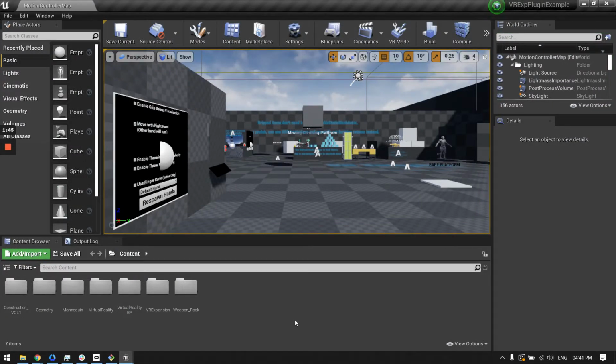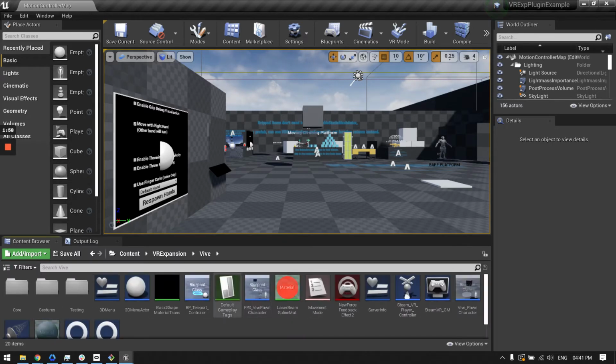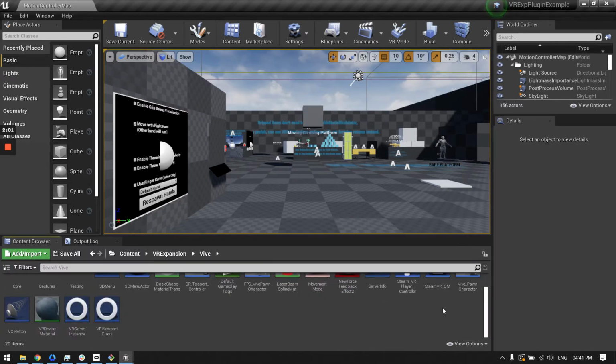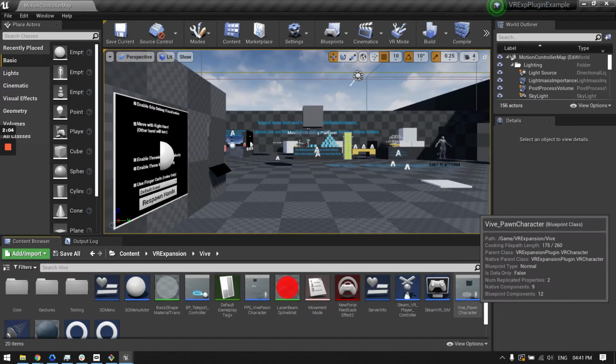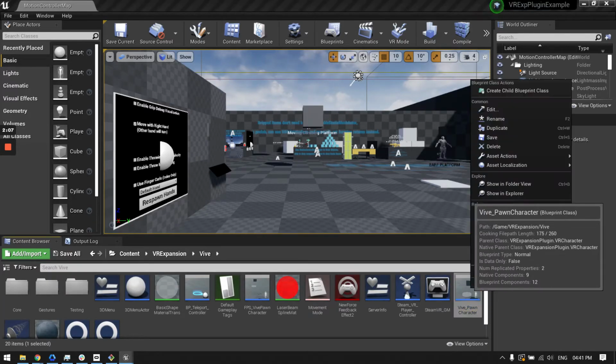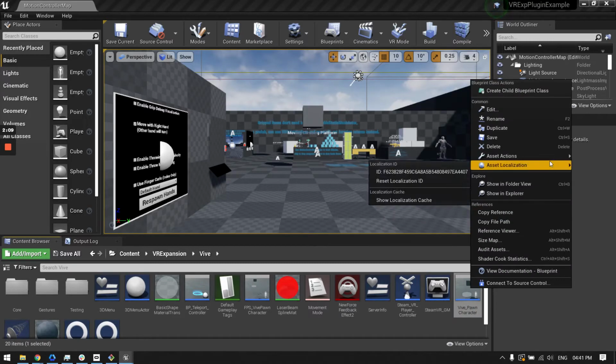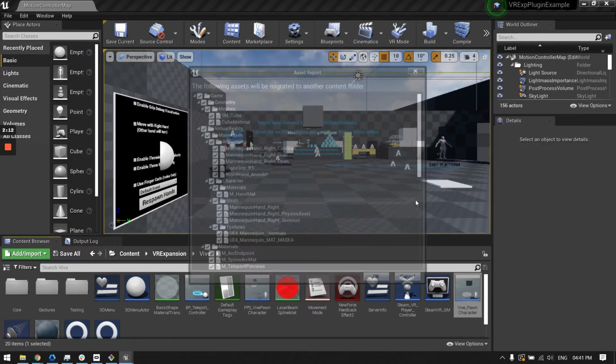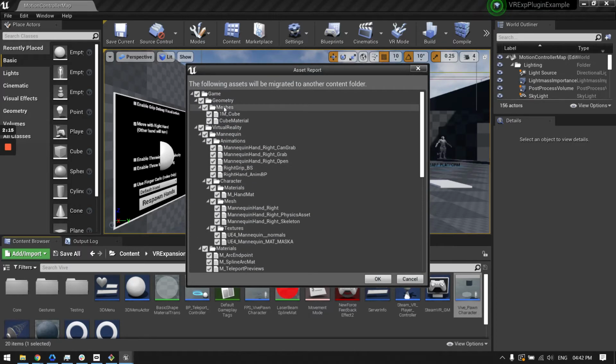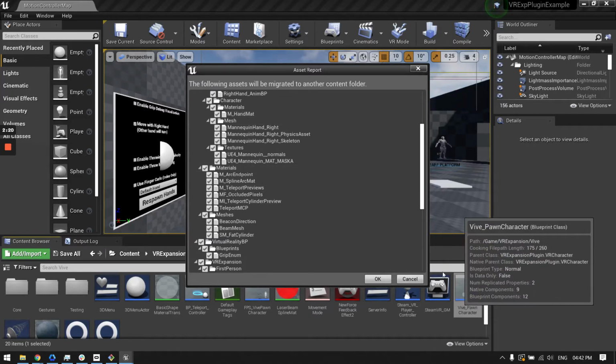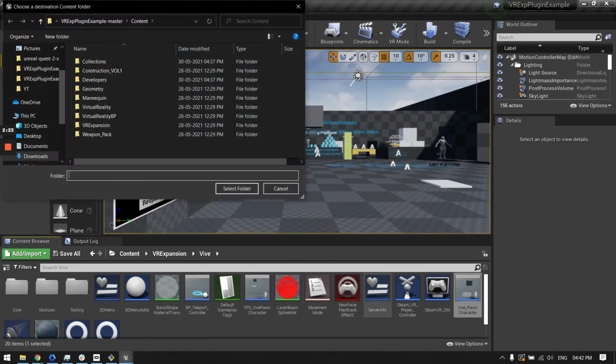So in order to get started, first of all, we'll get this basic example application plugin running. Next up, the main bits of the plugin reside under this Vive folder. We need to get started with this pawn character. What I'll do now is go ahead and migrate it over to my own application. What migrate does is add all of the other dependencies which will be required by the pawn character to work. So let's click on OK,